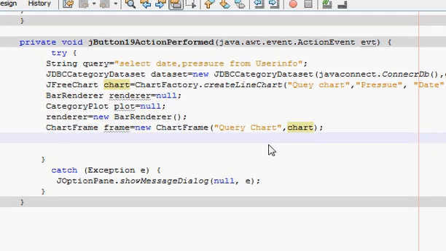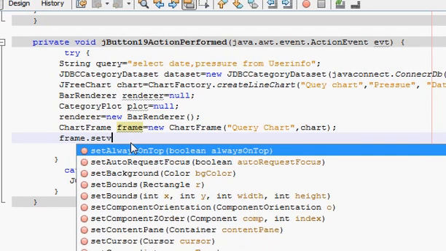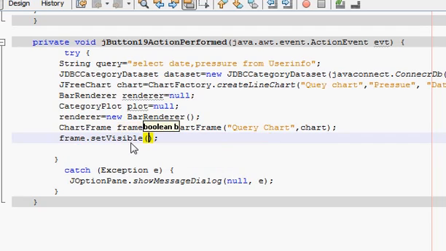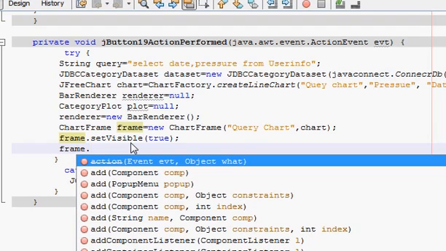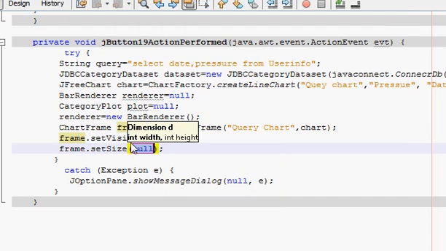Then you have to show this frame, so you have to make it set visible true, and then you can define the size and shape of your chart. So set size, I want to show it 400 by 650, so I have done that. So this was the code,